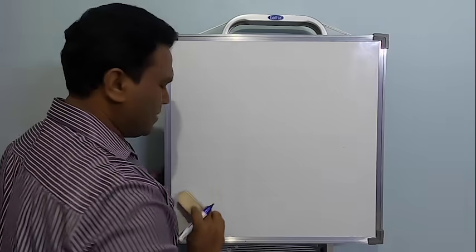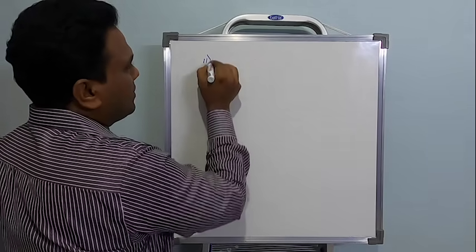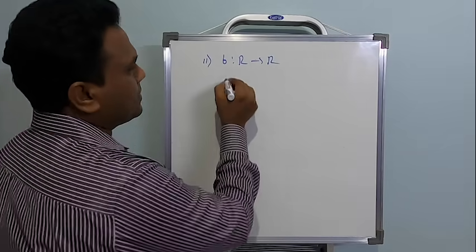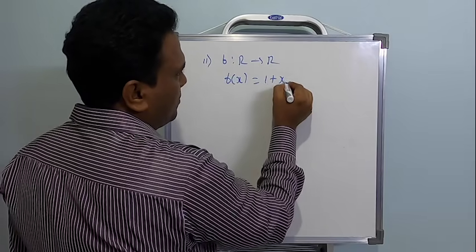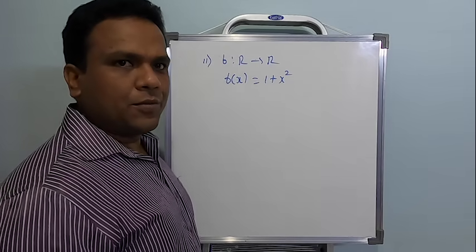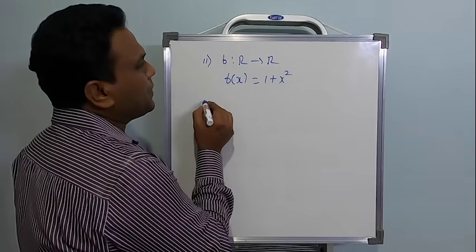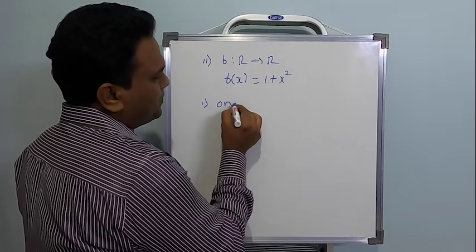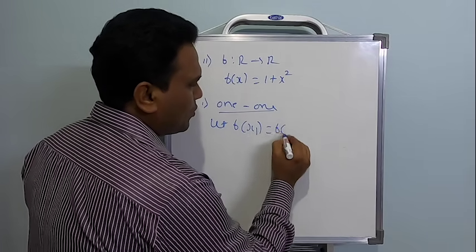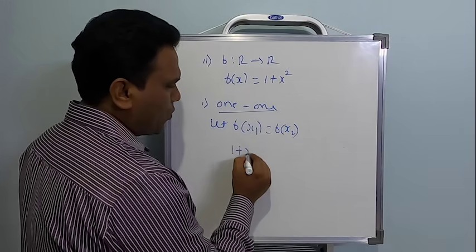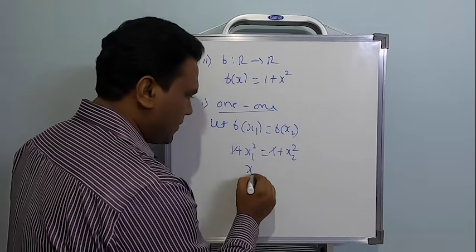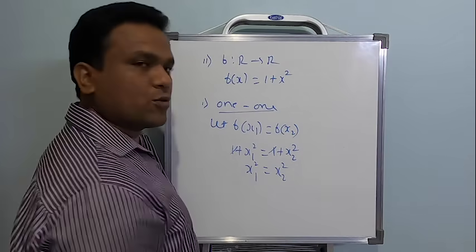So 7th main, first problem, second one, f is defined from real numbers to real numbers, and it is defined as f of x equal to 1 plus x square. If you want, I can just show it by giving an example also. If not, let's consider the general procedure. So the general procedure to check for 1, 1, let us consider f of x1 is equal to f of x2. Therefore 1 plus x1 square is equal to 1 plus x2 square. Eliminate 1. The remaining is x1 square is equal to x2 square.